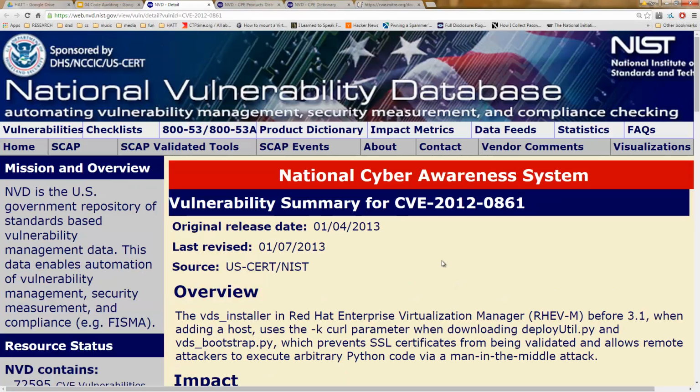This is the NVD entry for the given example. Its identifier is CVE 2012-0861. The first number always dictates the year in which the vulnerability was disclosed and processed by the